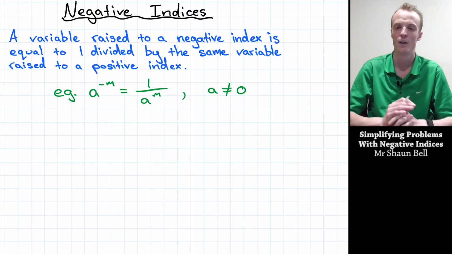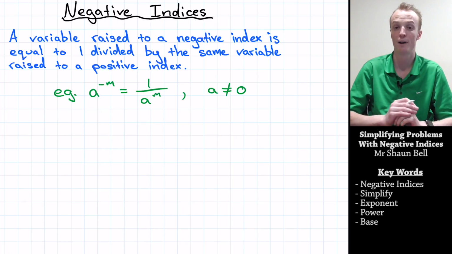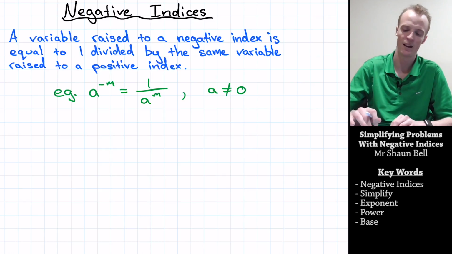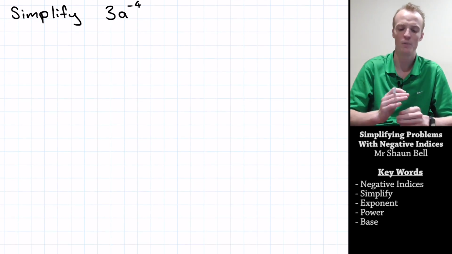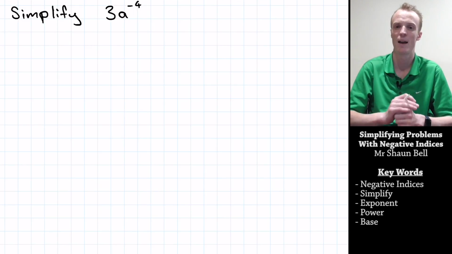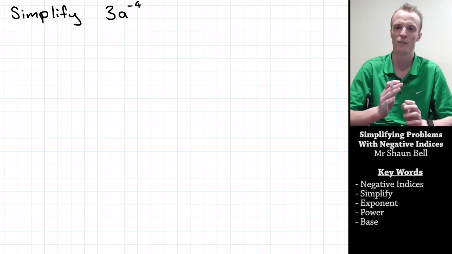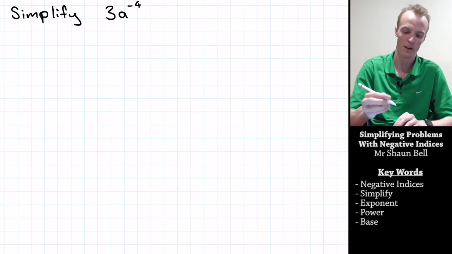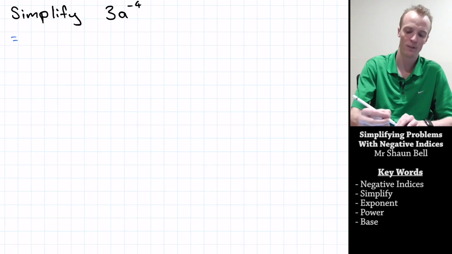So in our last video, we discovered that when a variable is raised to a negative index, it is equal to 1 divided by the same variable raised to a positive number. So using that understanding, we're going to have a look at how we simplify something like 3 times a raised to the power of negative 4. Now the first thing we should do here is simplify the negative power. So we know that this is going to be equal to 3 times 1 divided by a to the 4th